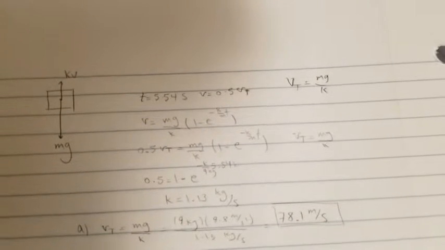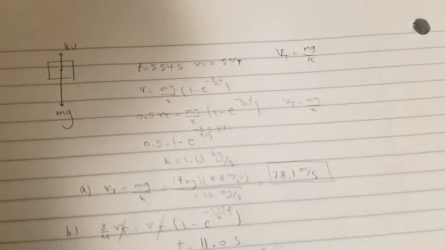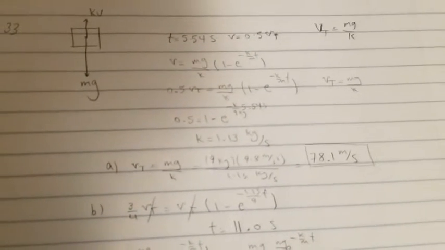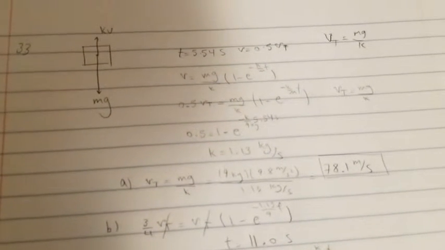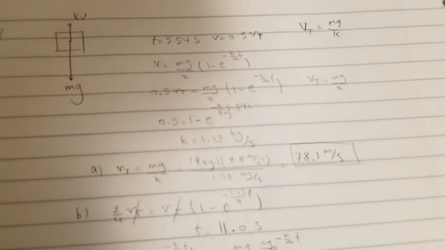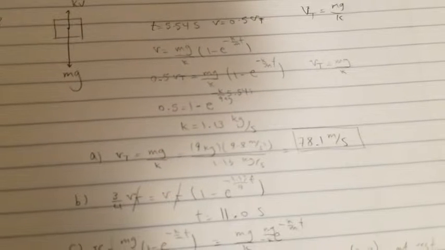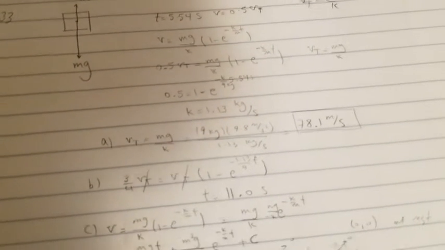Now, the terminal velocity is equal to mg over k. That's our formula. So we have m and we have g, but we don't have k. So we're going to solve for k now. We use the formula v equals mg over k times 1 minus e to the negative k over m times t. So instead of v, we have 1/2 of vt equals mg over k times 1 minus e to the negative k over 9 kilograms times